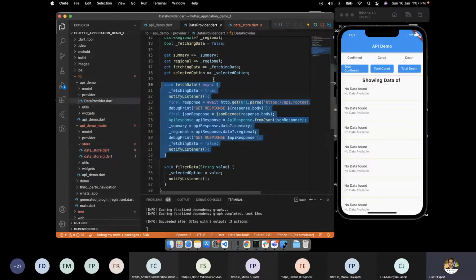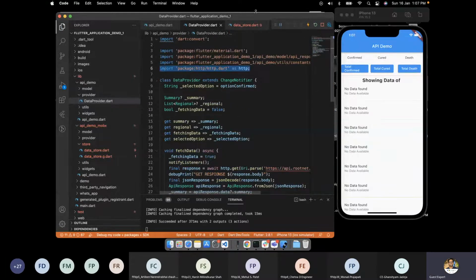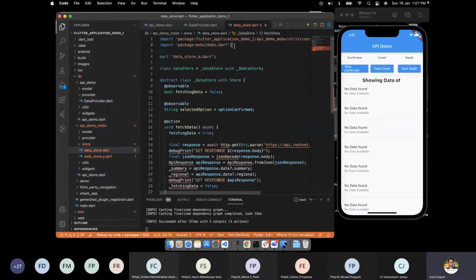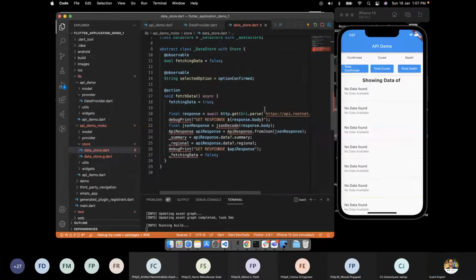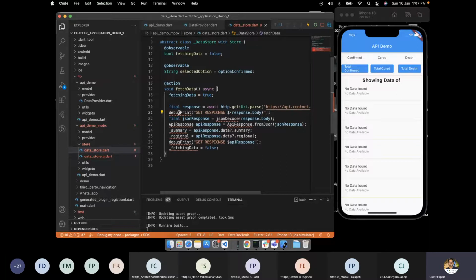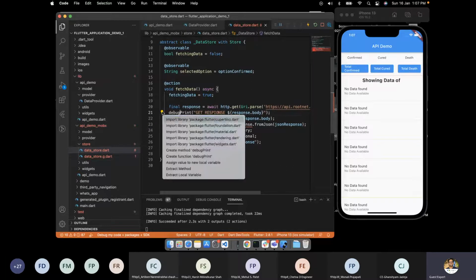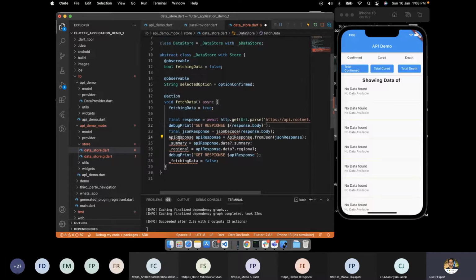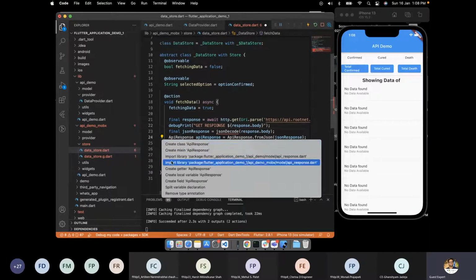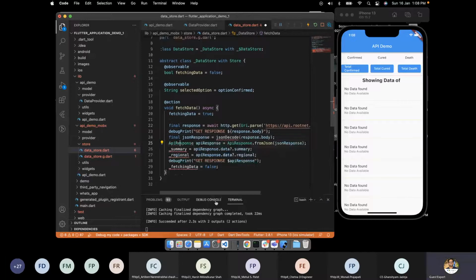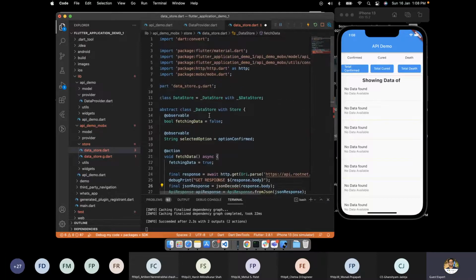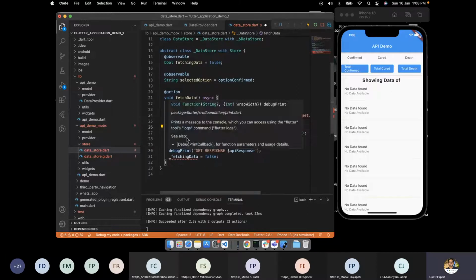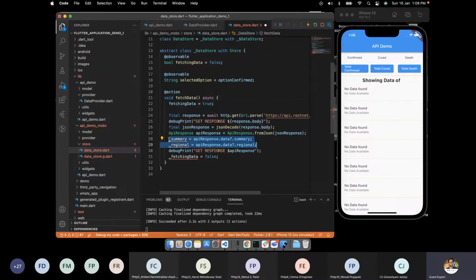We need http as well, so I'll copy this http import from here. We don't require everything, but let's just have it. debugPrint is part of material. API response, we need it. We need jsonDecode as well, which is part of the Dart convert library. Summary and regional we will come back to a bit soon, and fetchingData equals false.